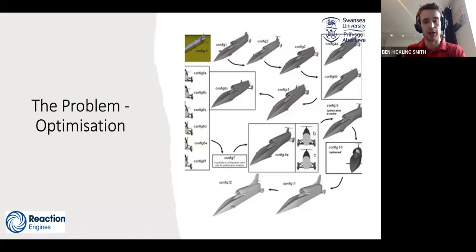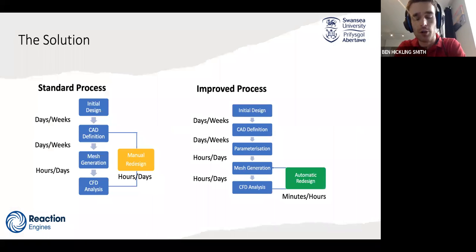And what we're looking at right now is how we can improve that. Obviously, a side benefit of that is that we will also be improving the design of Skylon. But the main focus really is on how we're going about improving it. So to give an overview of exactly what we're doing a little bit differently, if we look at